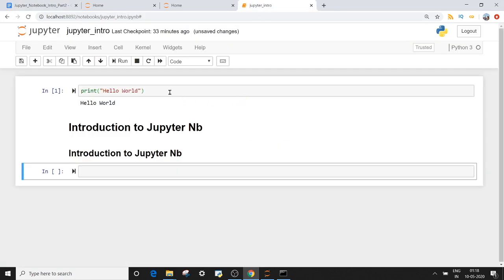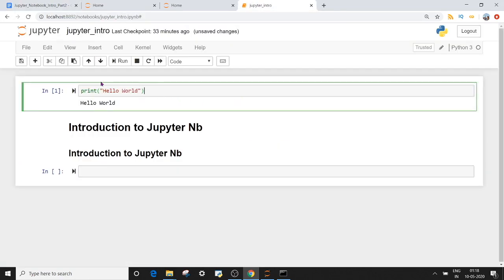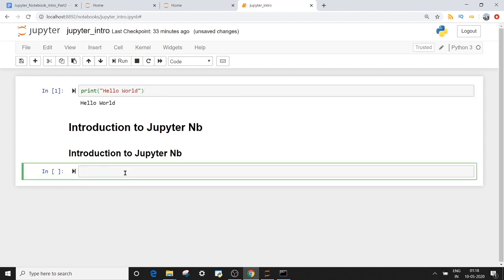Whenever you launch Jupyter Notebook, by default you get this green border, right? This signifies that you are in edit mode. Plus, one more way is that your cursor is blinking, right? You can see the cursor is blinking right now and the color of border is green. So this signifies the edit mode. In edit mode, you can write your Python statements or your markdowns, right?